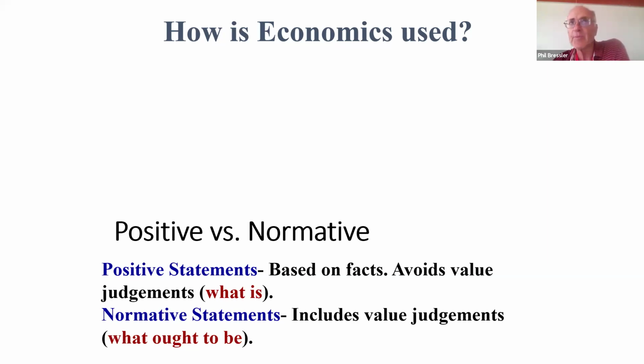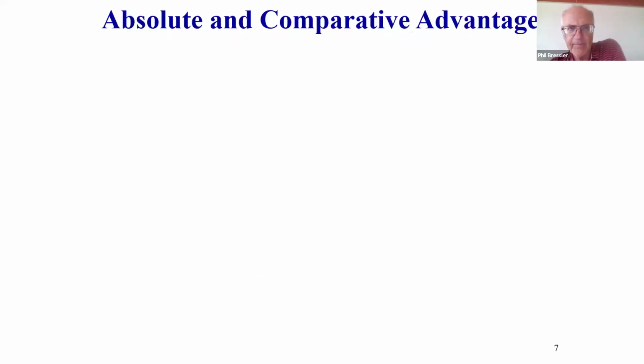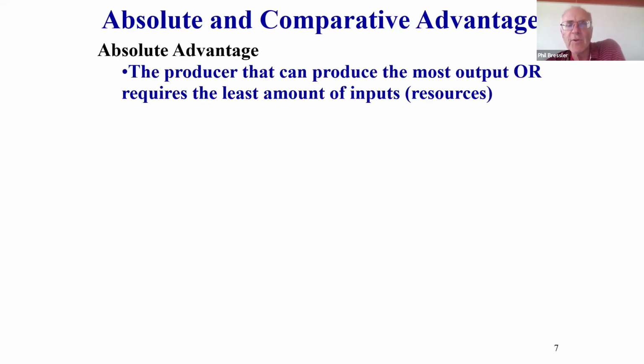Inflation is 4% because the Fed is buying too many bonds. That could be argued. Okay. So again, the normative is more things that are judgments, whereas the positive is facts. All right. Now, I know we went over this at the end of the last class, but again, the absolute advantage